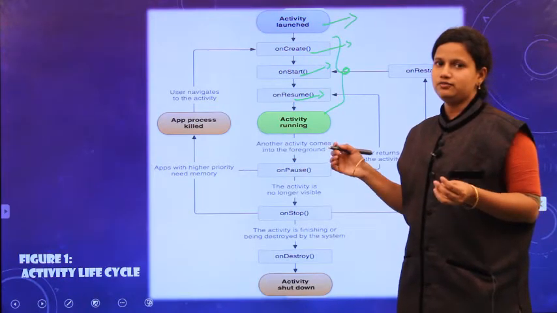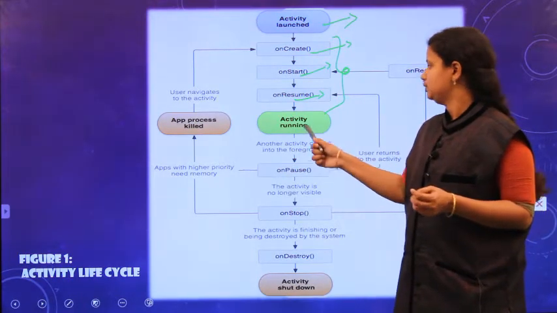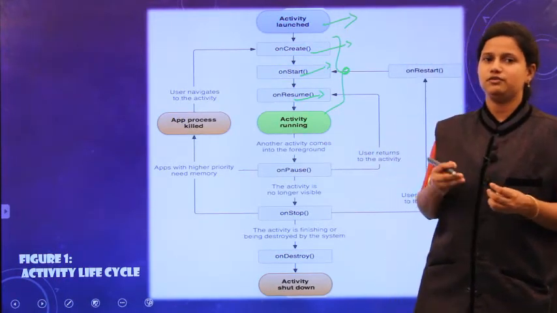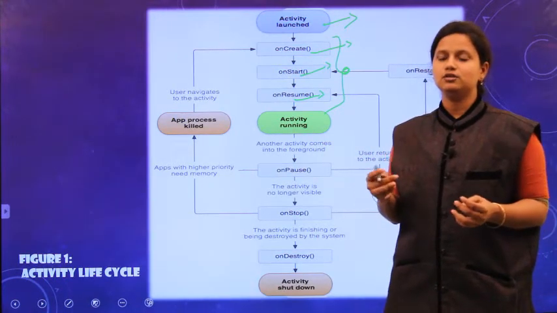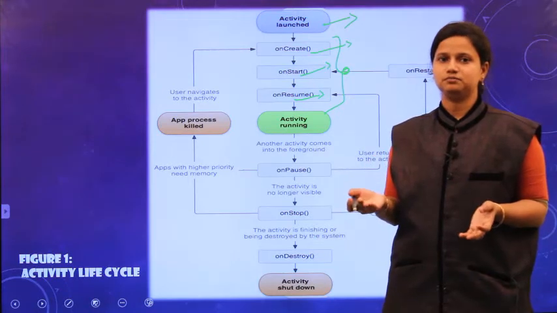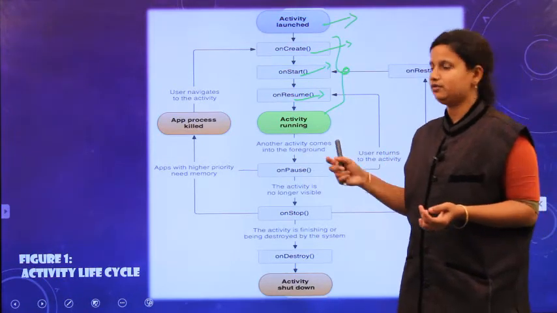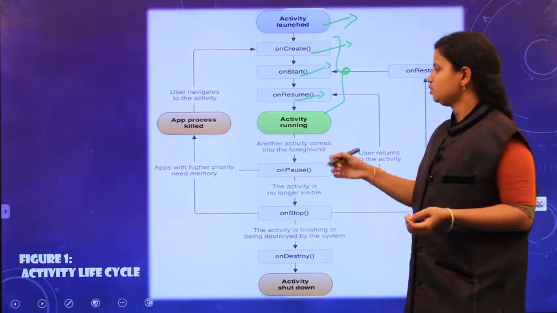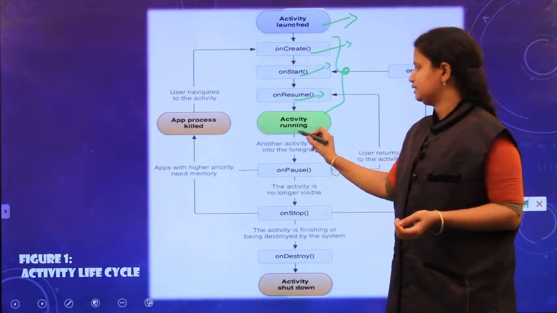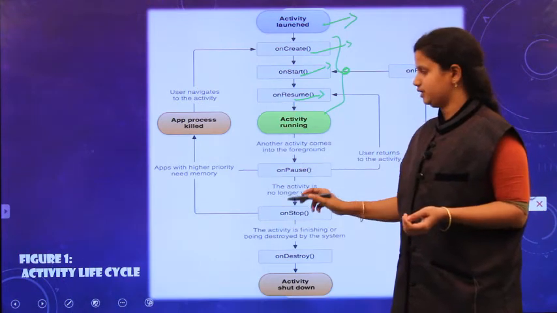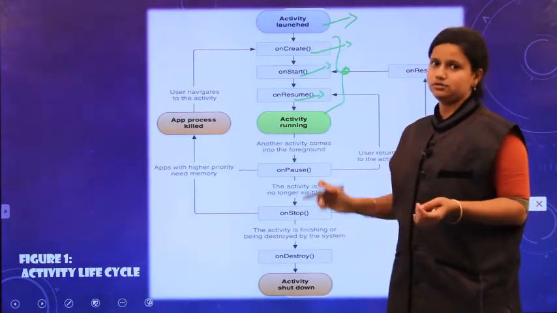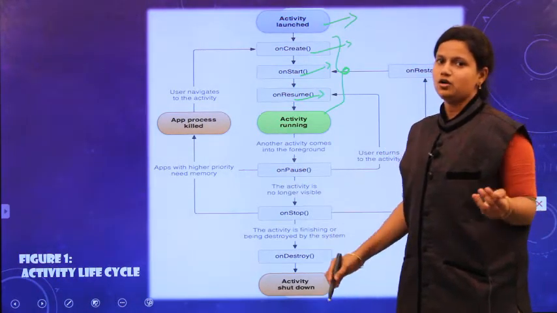After that, which position does the activity go to? The activity is in the running state. That means when we want to type any information or do any calculations, that means we want to perform something, so user instruction is provided. Your activity is in a running state. From this running state, I want to go to the onPause state. These three methods cover whenever the activity is launched. The fourth method is onPause.